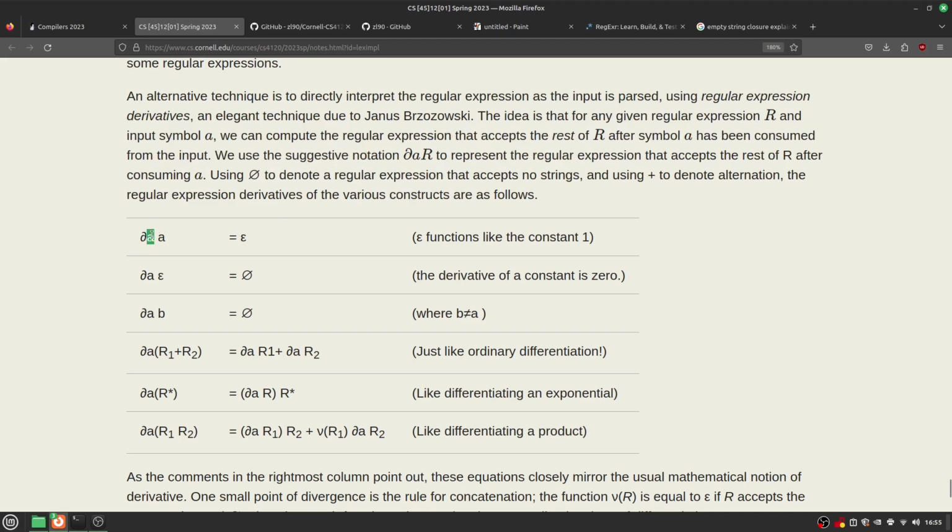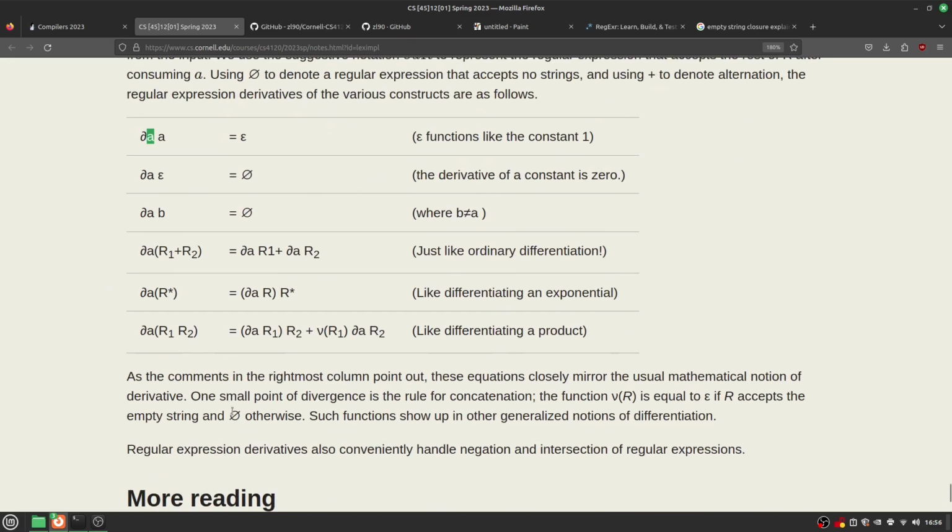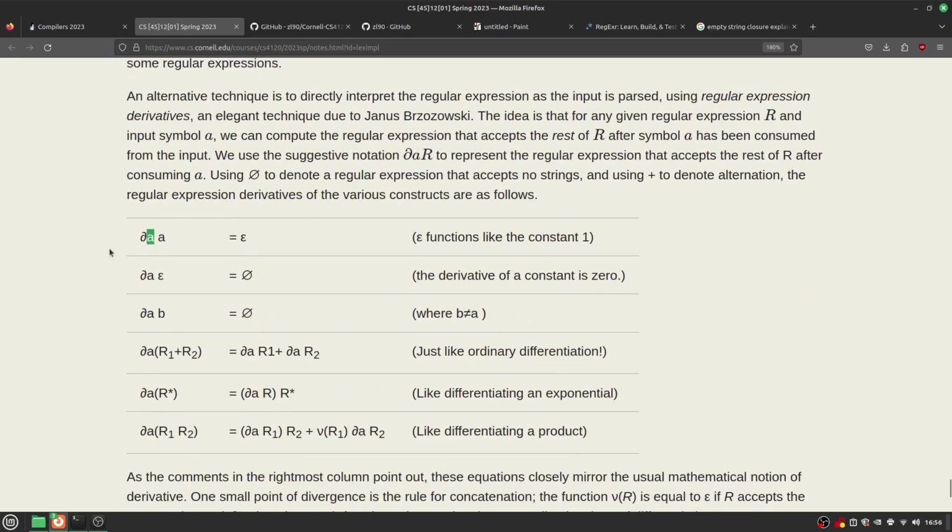So after A has been consumed from the input, what in the comments, as the comments, okay, let's try and figure this out. So